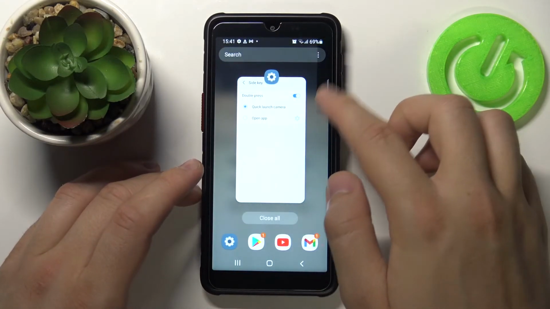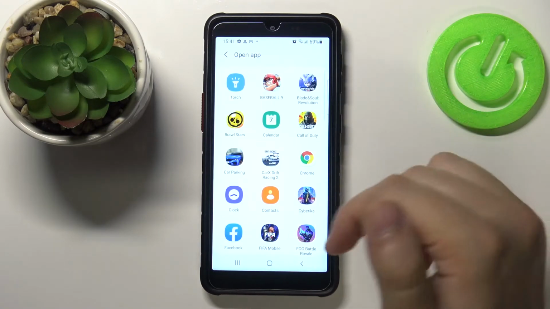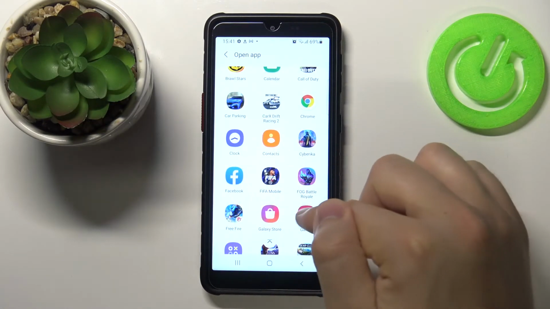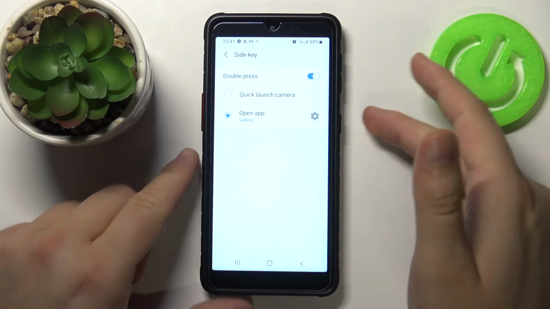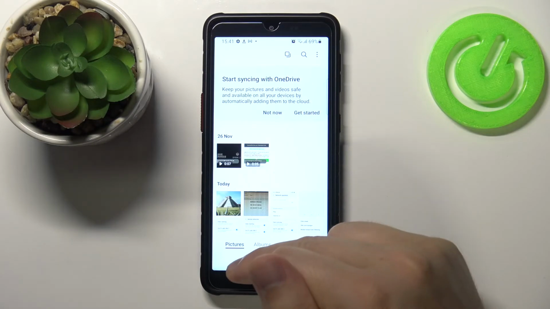We can also adjust this option, so when you switch to open application, you will be able to choose the app that you want to open. For example, we can go for maybe gallery and take a look right now. Right now gallery will be opened. So that's how it looks in this